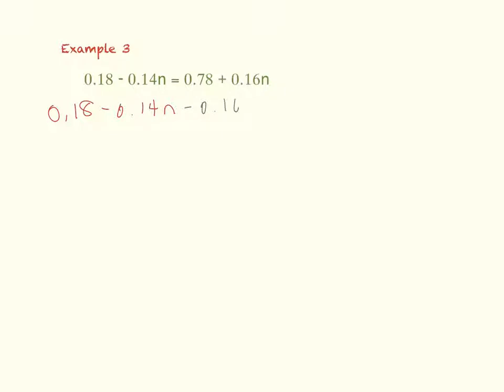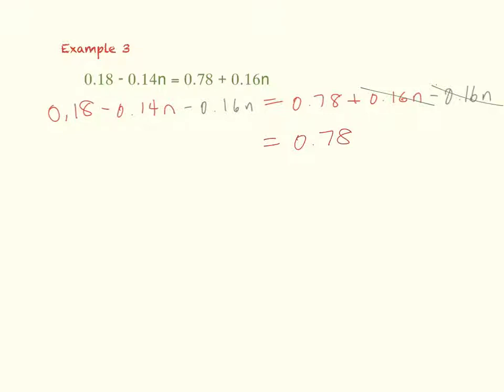Minus 0.16n from the left-hand side. There, and then the equal sign comes up. Follow the pattern up above as you're writing this out. Plus 0.16n, and then we're going to do the same to both sides, so we're going to subtract 0.16n from the right as well. Now watch what happens. Over here on the right, it looks like the 0.16 minus 0.16 cancels out. And that's just going to leave us with, on the right-hand side,